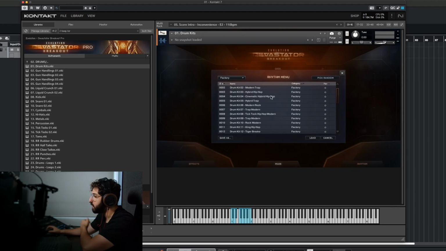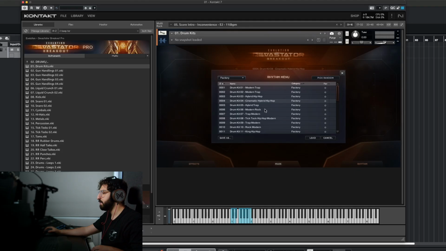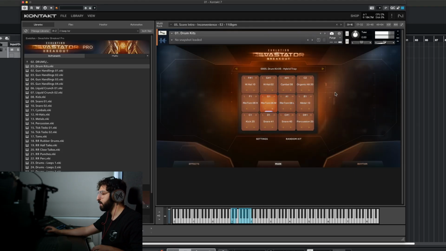So I actually use this a lot for the trap sounds that they have. I don't have a heap of trap drum kits. I come from a metal background. I have a heap of acoustic drum kits, and over time I've acquired a heap of cinematic drum kits. But in terms of trap kits, I don't have a heap of those, so I use this a lot for that. So that's more of the cinematic hip hop. If we go to the hybrid trap,